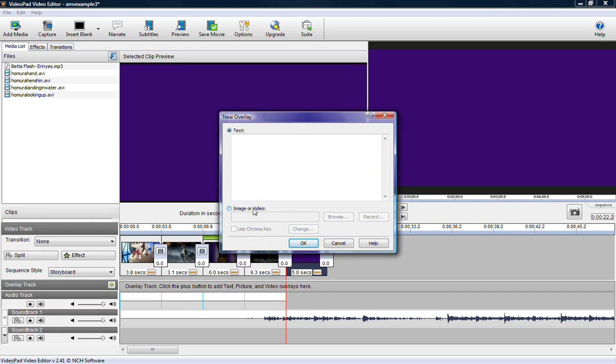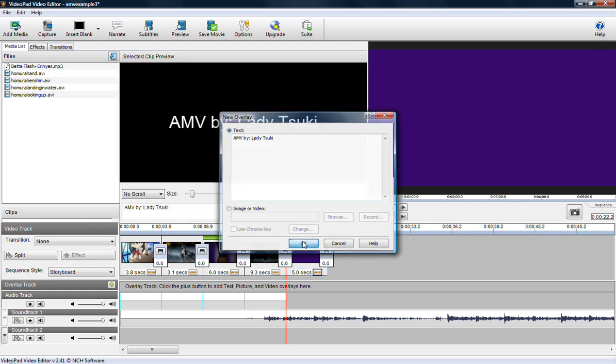However, since I'm just telling you how to make credits, I'm only going to cover the text overlay part. In order to make a text overlay, make sure the text bullet is selected, then type some credit text into the box here. Then click OK.